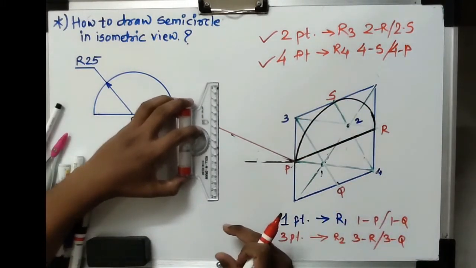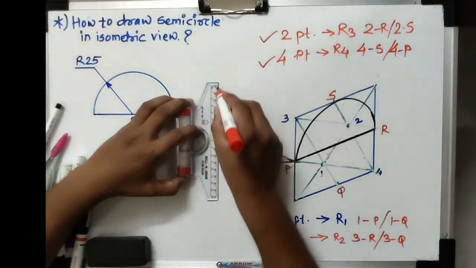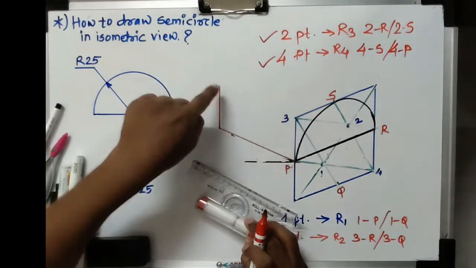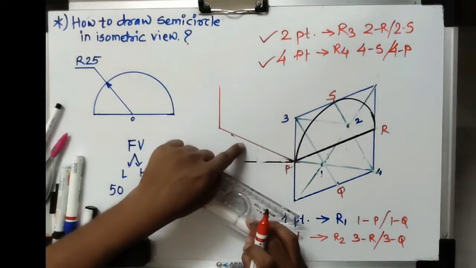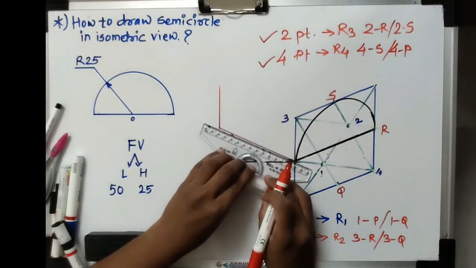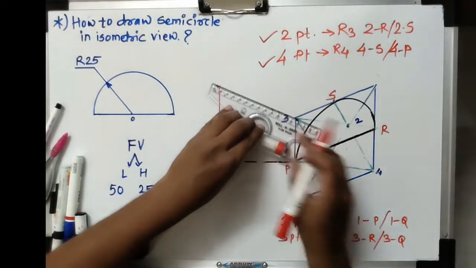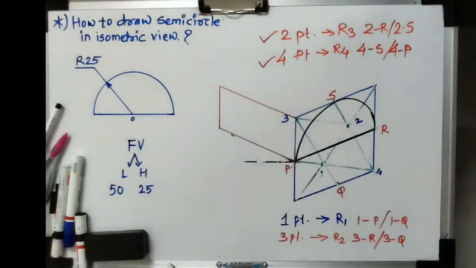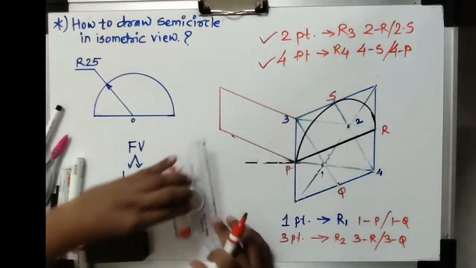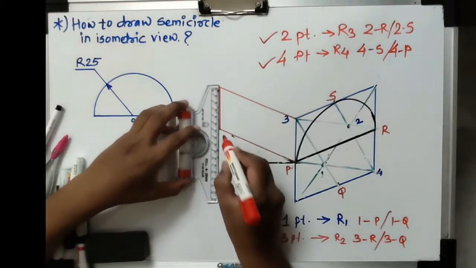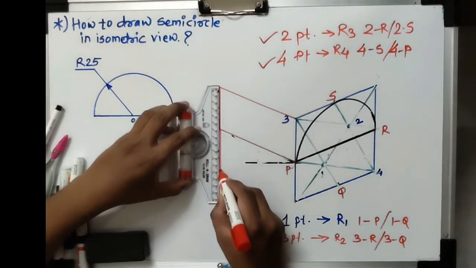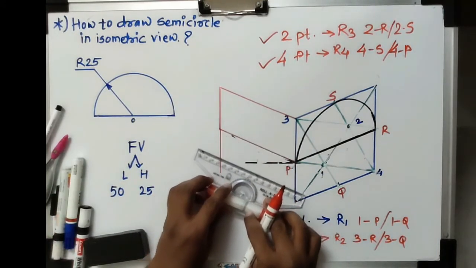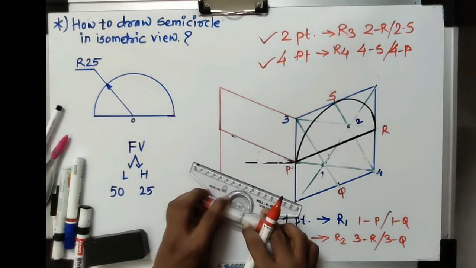I will represent it from this end point also. Now we just have to join the upper ends, and while drawing that straight line it should be parallel to this 30-degree inclination line. With the help of the drafter scale you can make use of this, or you can use the drafter also. Now this is the half portion, but similarly we have to create it on the below side also, and we have to draw the same parallel line that will join the end points of these two lines.